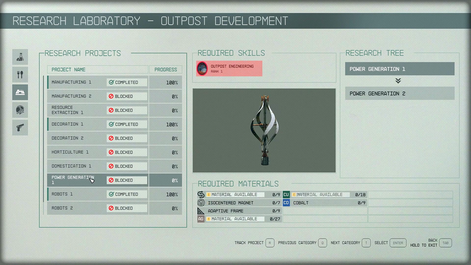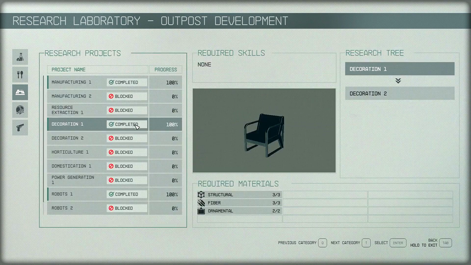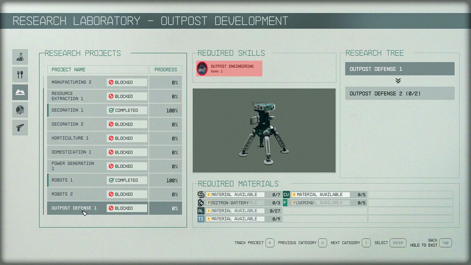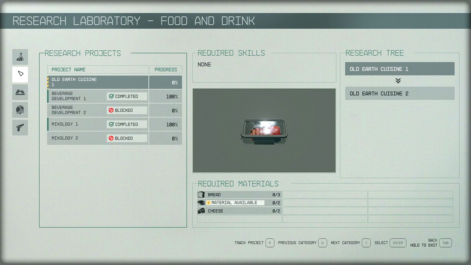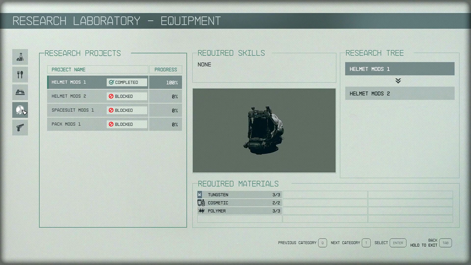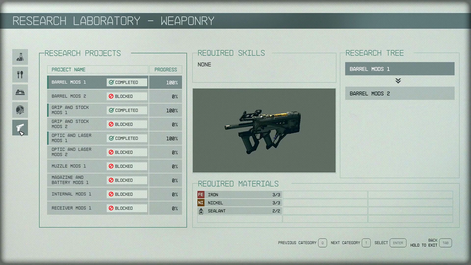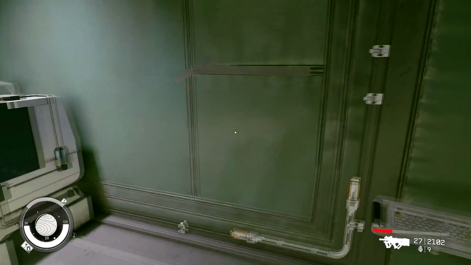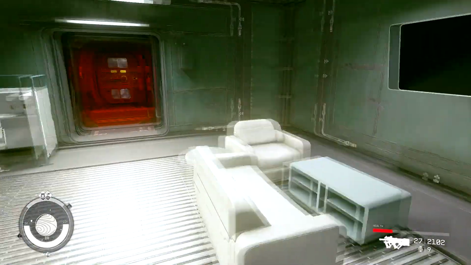Oh, I need zoology, and outpost engineering. Power generation 1. We already... Oh, no, we don't either. Advanced wind turbines. Robots 1, robots 2. Outpost defense. Still didn't see anything called structural, though. You know? I don't know what that is. I was all excited, thinking I was going to get to use my industrial workbench to create something called structural, but I'm not, so...